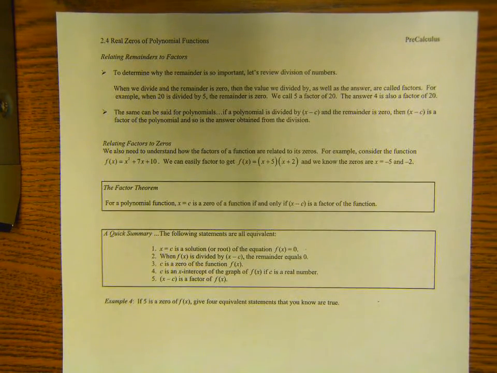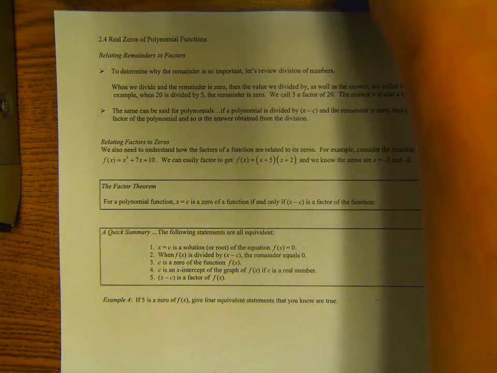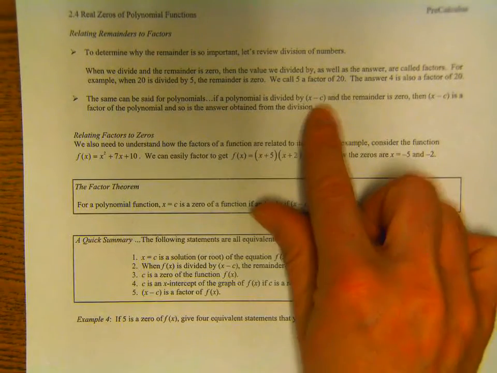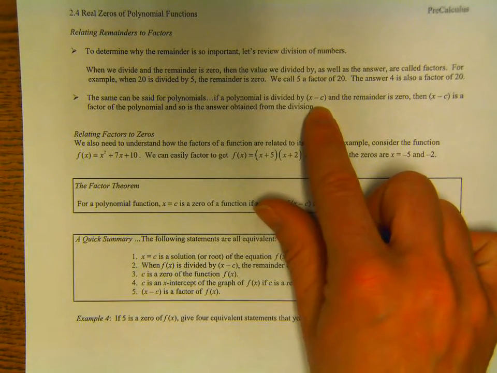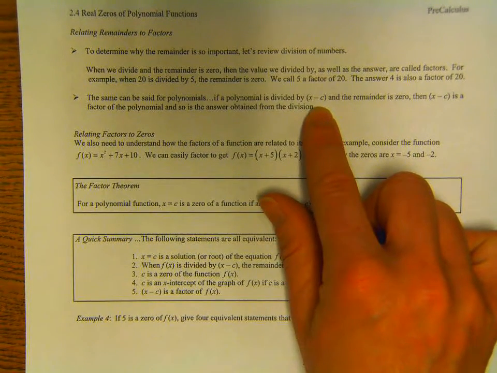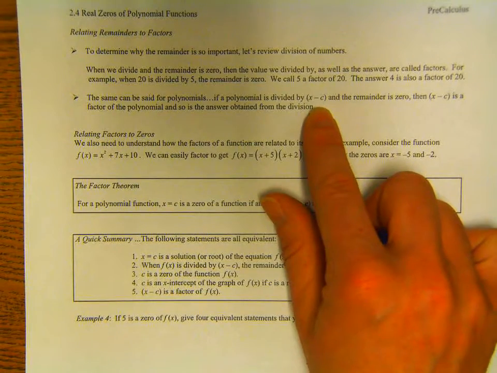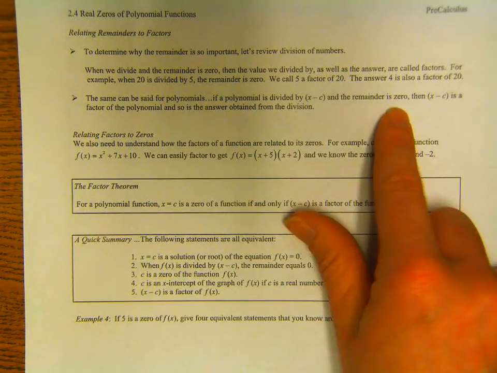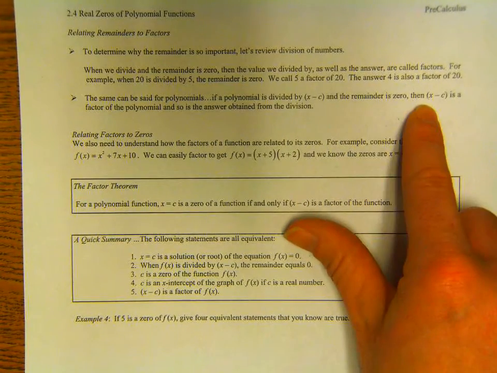Well, the same thing actually is true then in polynomials. So I used k the other day, but we'll use c. C is just a general number. Okay, we don't know what it is. It's going to be a number in a second, like a real number. If we divide and we get a remainder of 0, what that means is x minus c is a factor